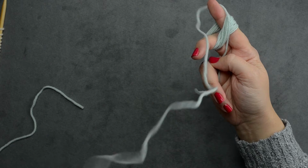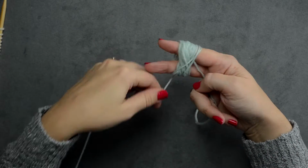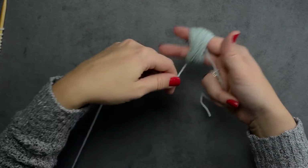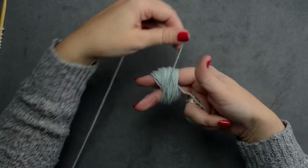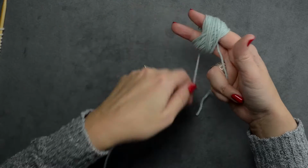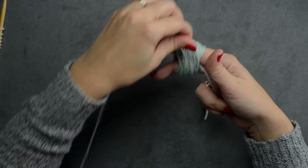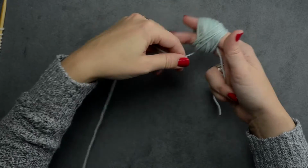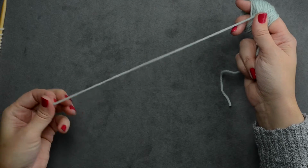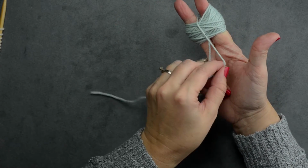And of course our yarn's going to want to tangle a little bit. You're just going to continue this way, crisscrossing your yarn. And you don't have to do this tight. It can be fairly loose. That way your center pull strand is not going to be struggling too much to come out of the bobbin. Okay, now when we reach right around 10 inches, we're going to stop winding, and we're going to go between